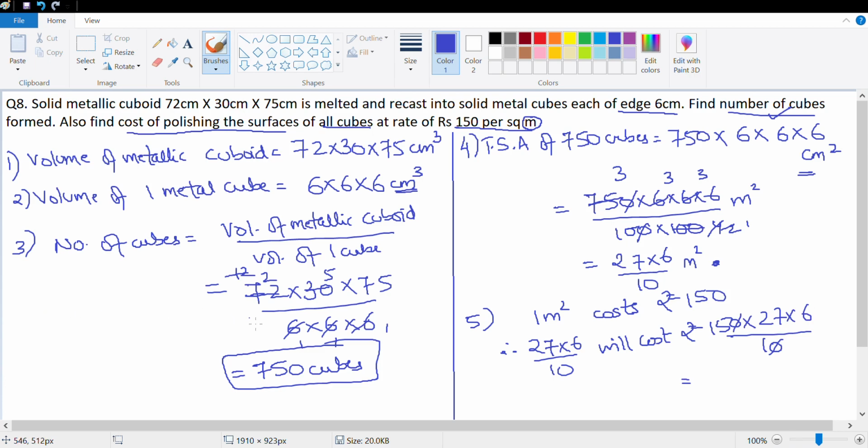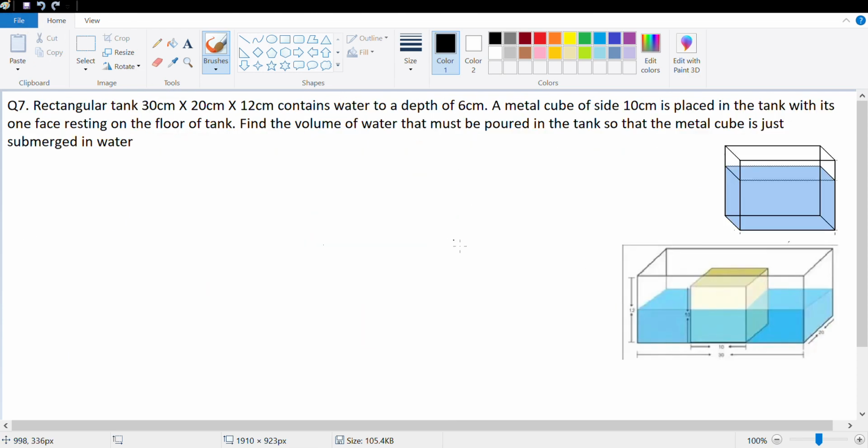So 15 into 6, that's 90. So 27 into 9, that's 7 into 9, 63. 9 into 2, 18 plus 6, 24. So this is rupees 2,430. Done. So the cost of polishing all surfaces is rupees 2,430. Good. Let's look at the last question of this exercise that I'll work with you, which is question number